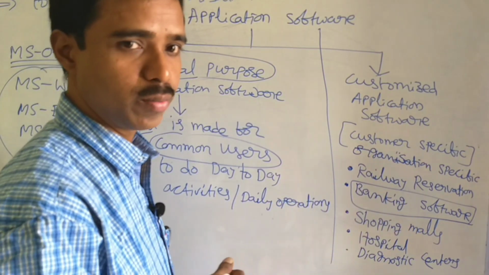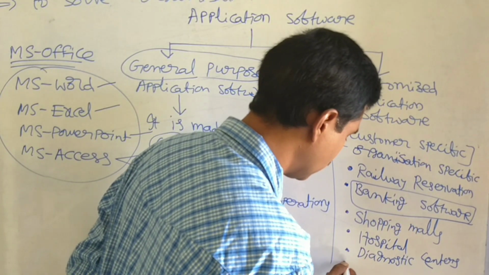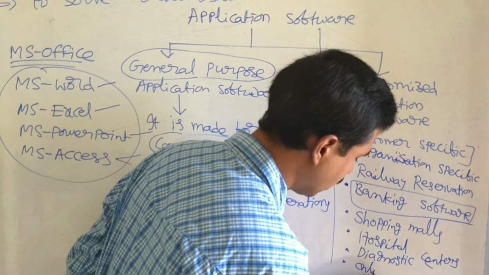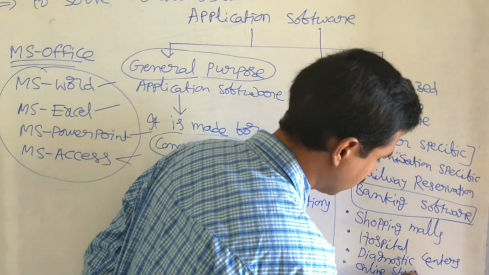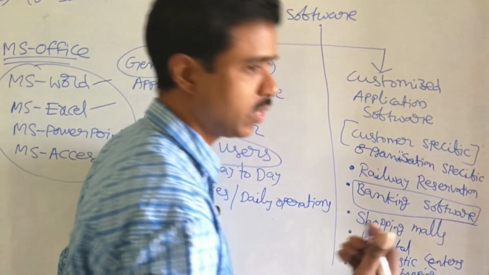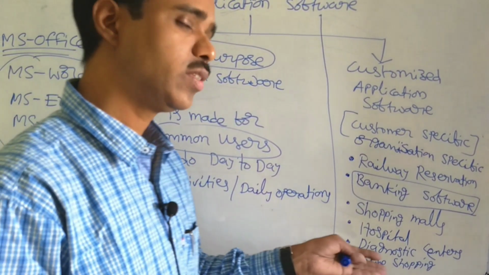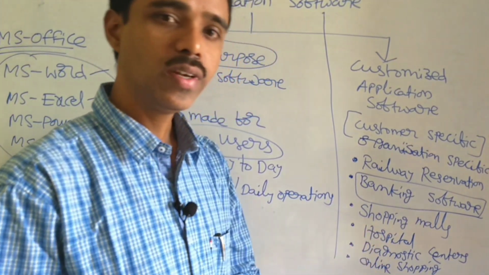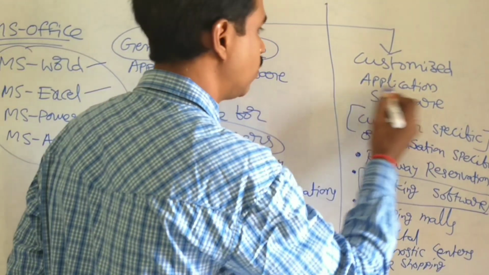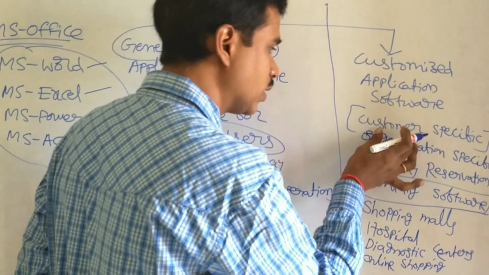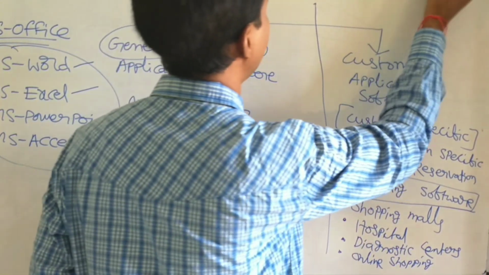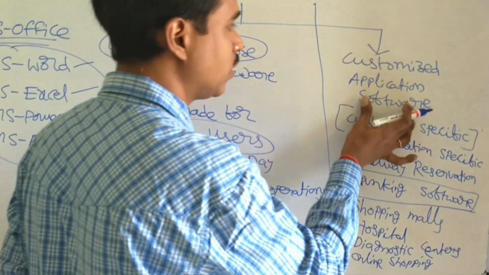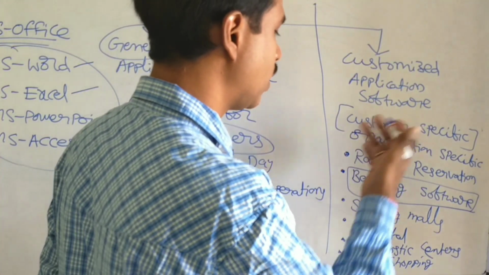And if you want to do online shopping, e-commerce companies are maintaining some software online for doing the online shopping. For example, the software which is used by Amazon cannot be used by Flipkart. Why? Because Amazon has its own rules, Flipkart has its own rules. So that was made specific to the particular company. My conclusion about customized application software is these are designed to meet the customer specific requirements. Already I told you in the definition, to solve the particular need of a particular environment. So this comes under customized application software. Like this, a lot of examples are there.